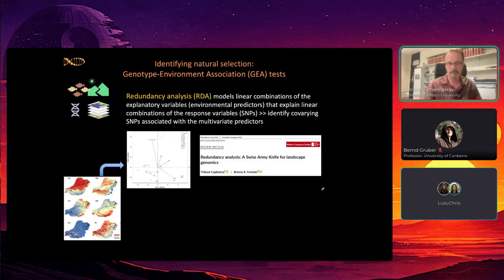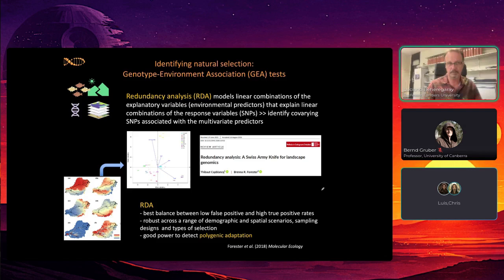You can then identify SNPs that co-vary with the environment and that are associated with the multiple environmental variables that you add into the analysis. It's considered by many as a real Swiss Army knife for landscape genomics because it's a very flexible tool. Some studies have shown that RDA provides the best balance between low false positives,